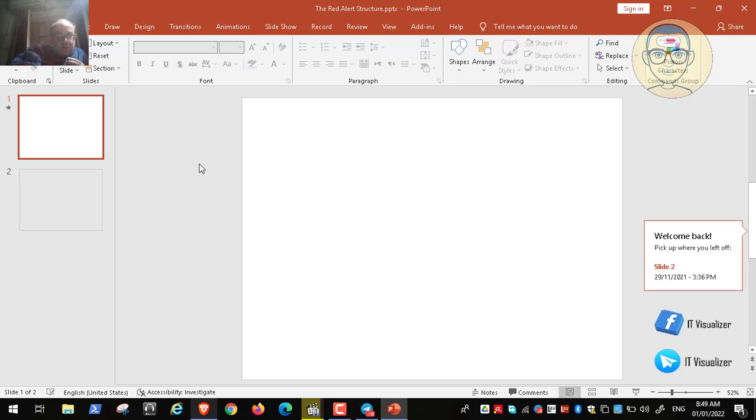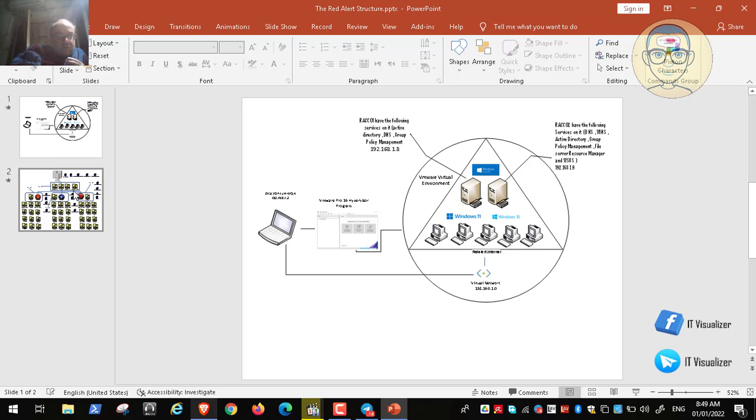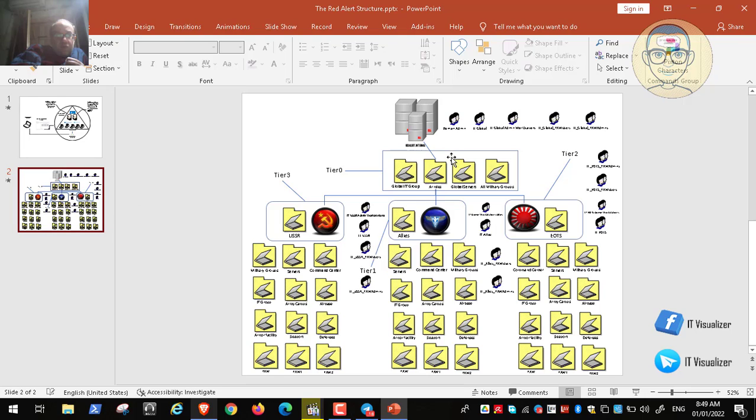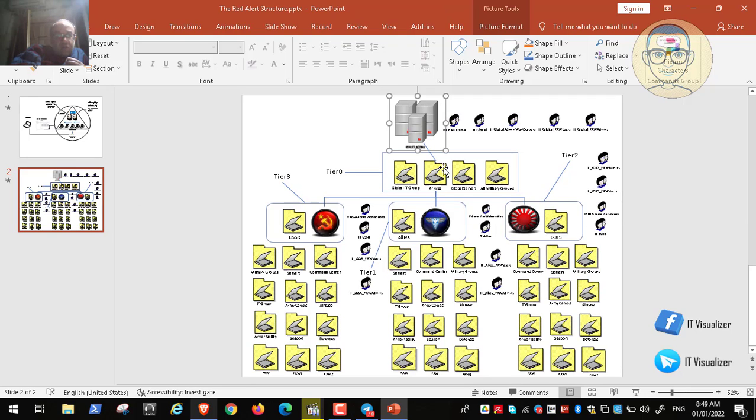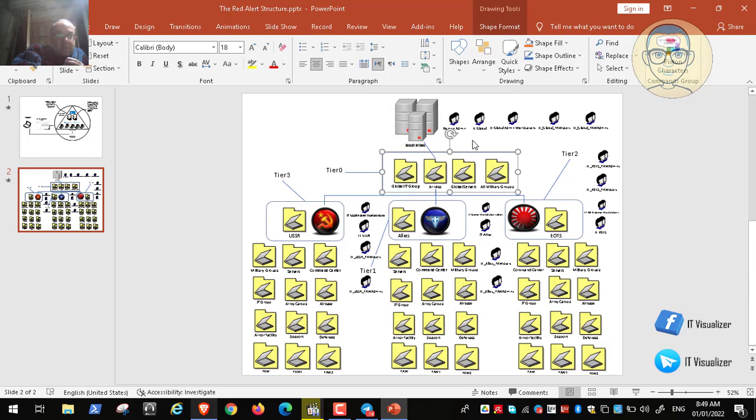So remember this graph, I have talked about it before. Here we know this is our Active Directory, and then we have our top level. We have branches. This is the top level branch, or the main office level, and then we have the Russian branch, the American branch, and the Japanese branch. All this is the command center of the army, and then we have the Russian army, the American army, and the Japanese army.